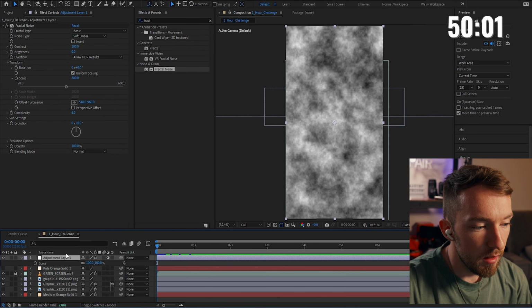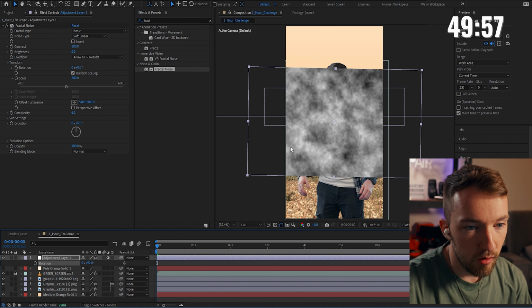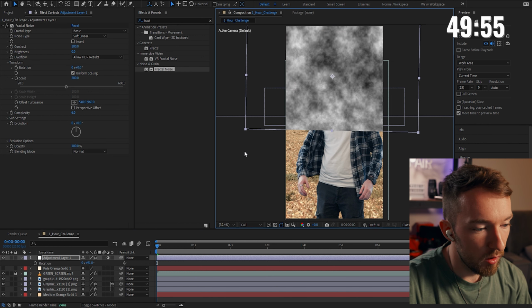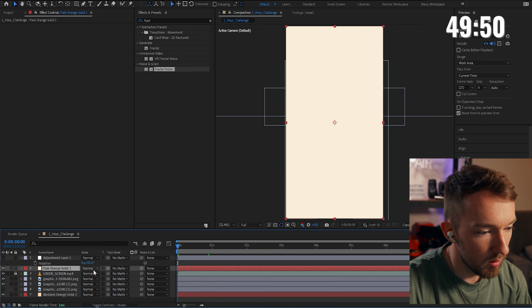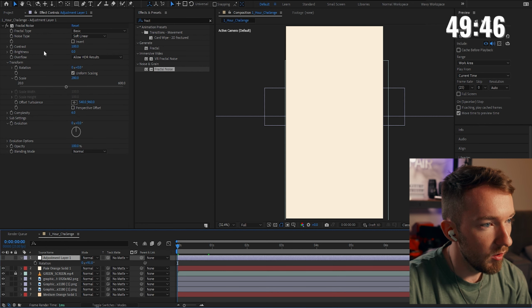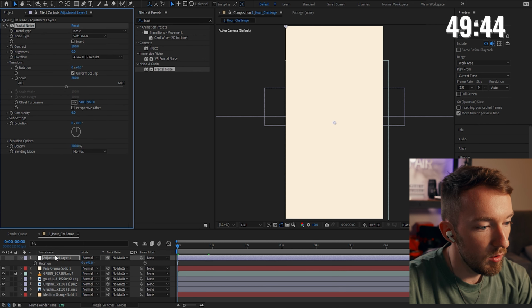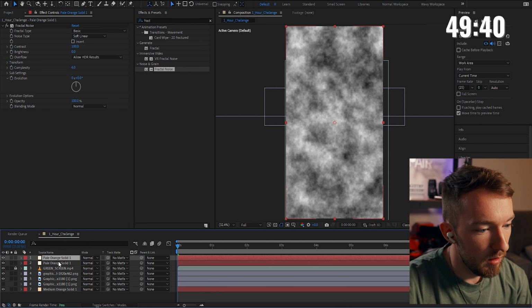Okay, so the idea here is that we are going to turn this into clouds. Now, I'm not overly sure how well it's going to work, but the plan here is to use the... Oh, I put that on an adjustment layer. I was meant to put that on a normal layer. Let me just delete that. Put you onto there, and then